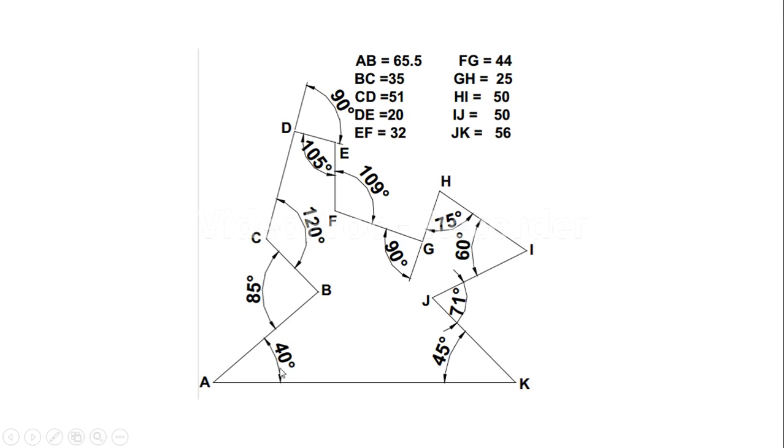Okay, so now in AutoCAD, every time we need to calculate the angle from the x-axis. So at every point, at point A, B, C, we need to draw these two axes, x-axis and y-axis. Suppose at point A, I draw two lines. This is the x-axis, this is the y-axis.